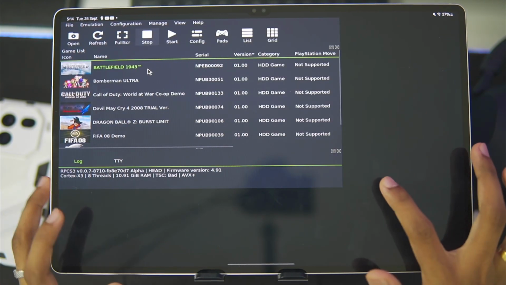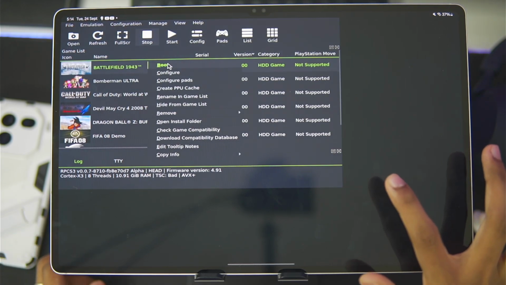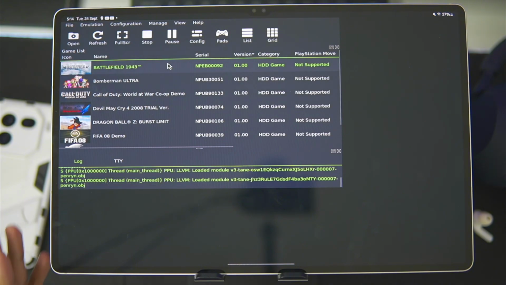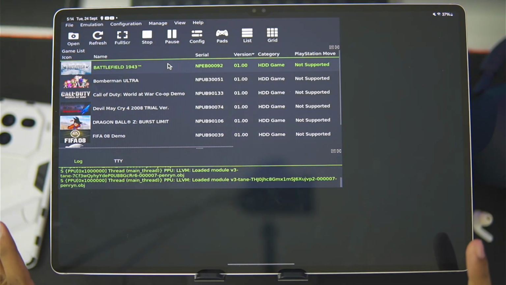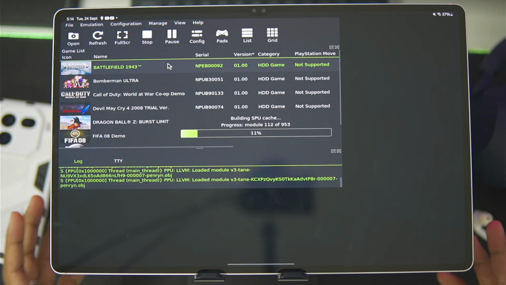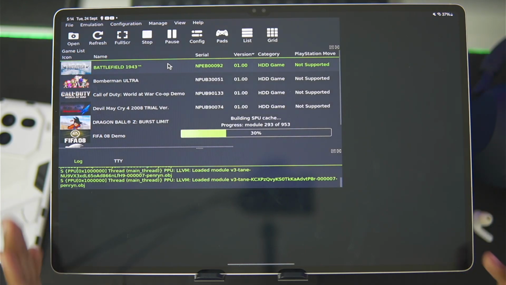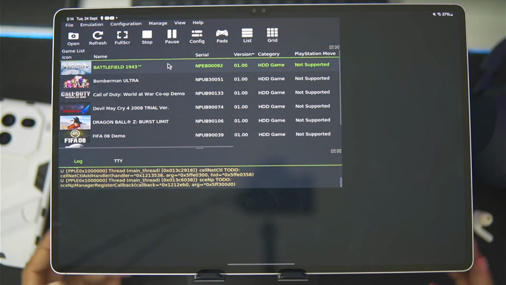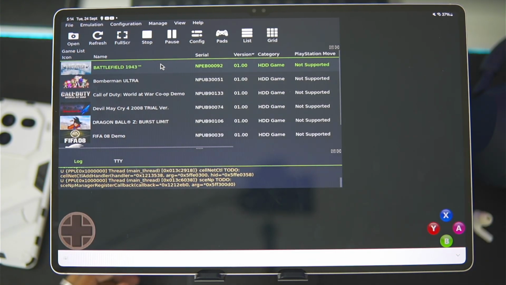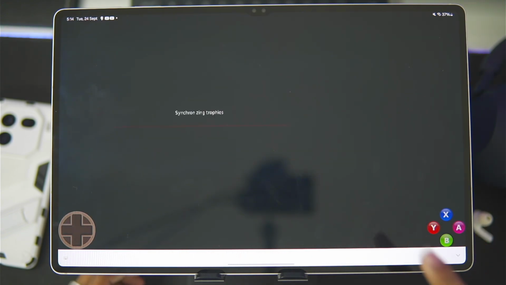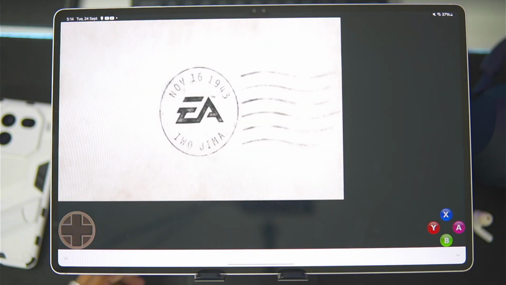There we go guys, we are back once again, and the next game that we'll be trying out is going to be Battlefield 1943. Now we are starting with the big boys, and all of these are demo games. These are not the full versions of the game because it is just impractical to emulate them on our Android devices. I am just emulating demo games so that if at least they work, then we'll be able to play it on our Android devices. Let me swipe back once again because I can guarantee 100% that this game will boot on my Android device, and you will be able to see